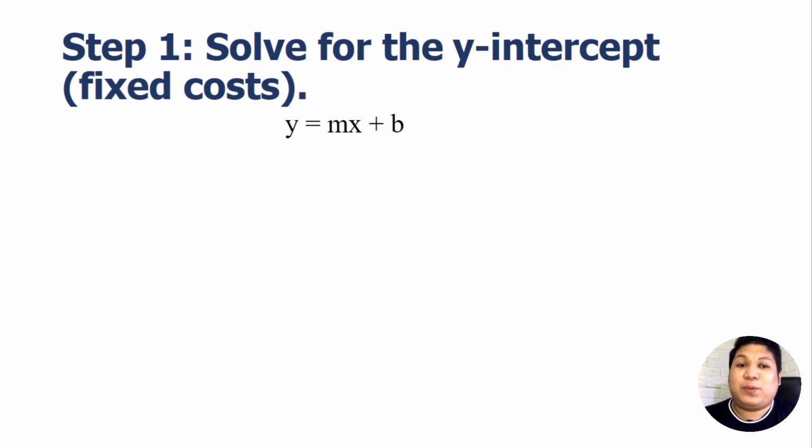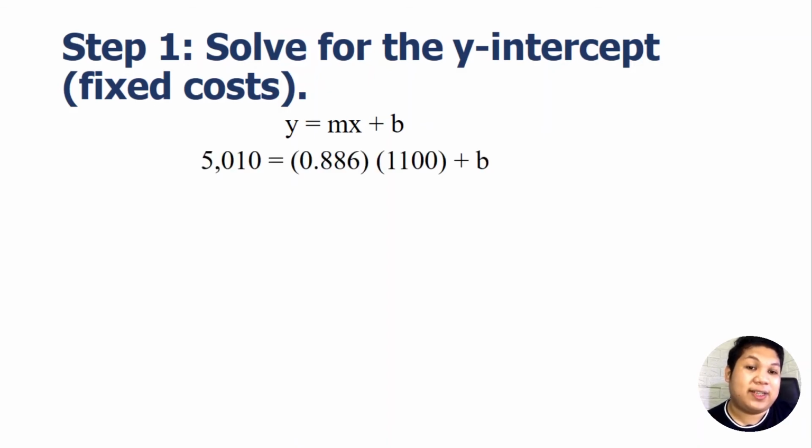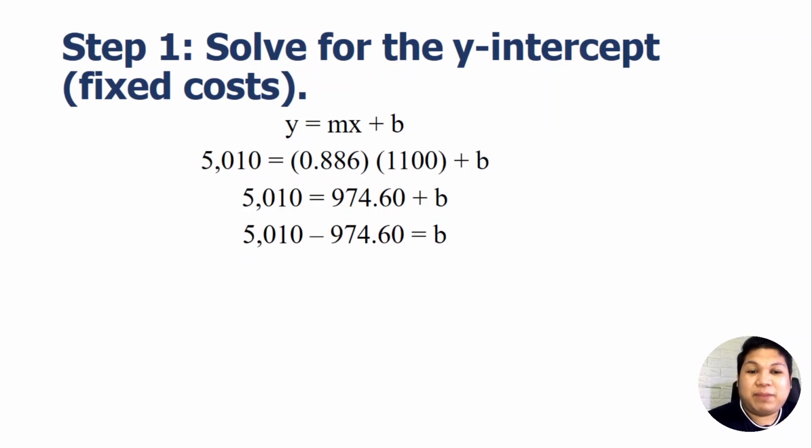We're going to choose between the two pairs that we selected in our previous discussion. In this case, I'm going to choose the 5,010 and the 1,100 pair. So 5,010 is equal to 974.60 plus b, and we're going to solve for b. So b here is 5,010 minus 974.60. Therefore, b, or the fixed cost, the y-intercept, is